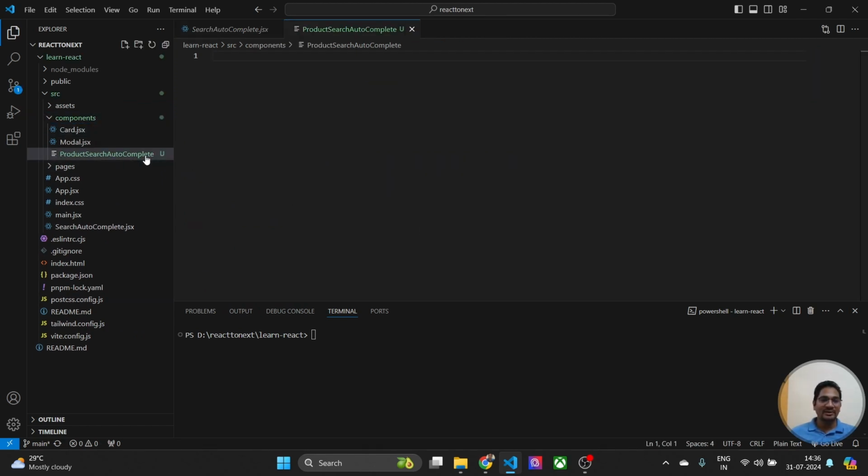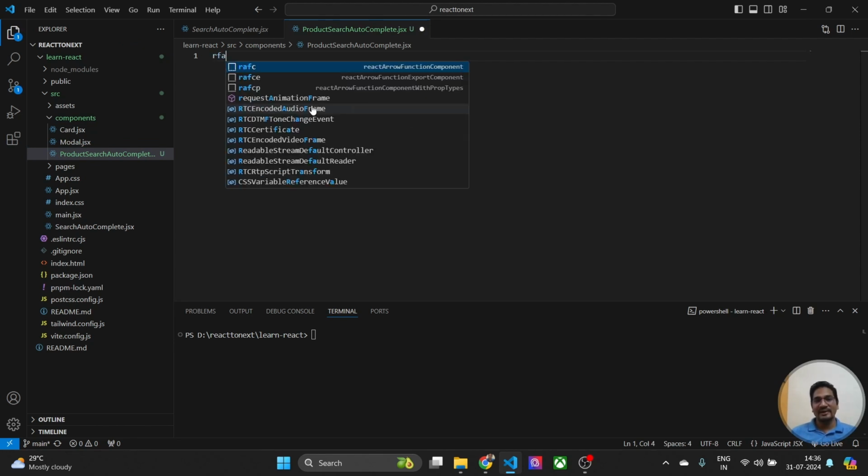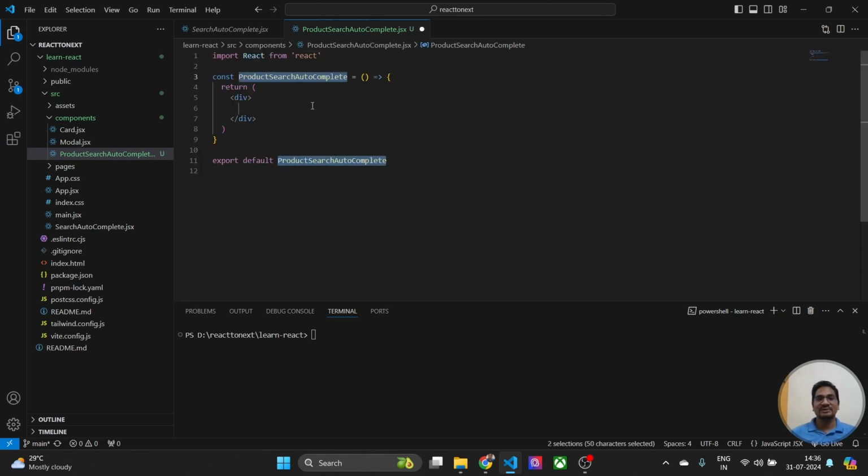Let's write this shortcut here. Okay, we have to add the extension. Now create the component with the React functional arrow component export shortcut. Now it creates a basic component. So let me write something inside this: this is a search autocomplete